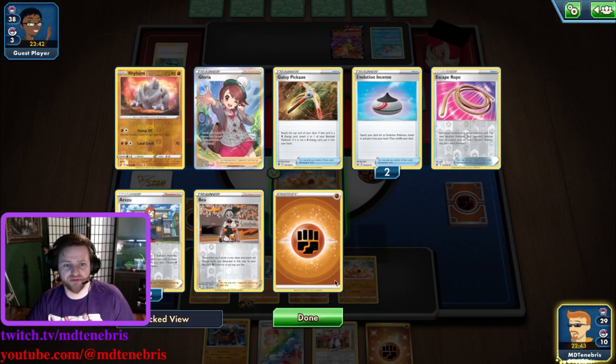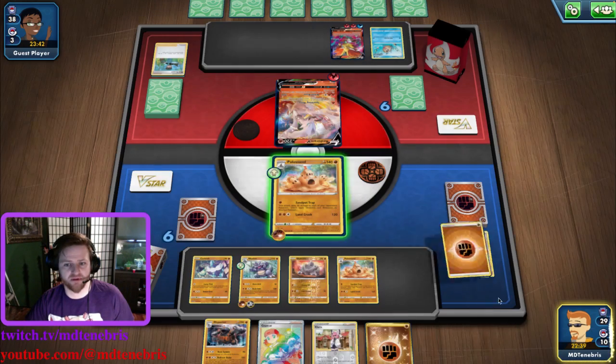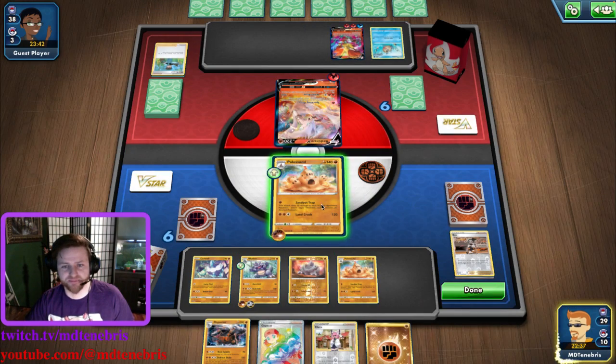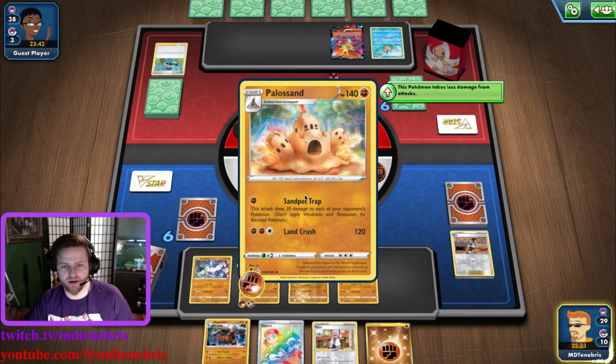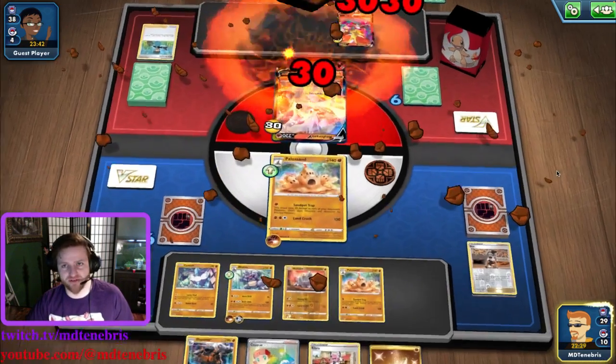What else did we get rid of? We got rid of 2 Arezu and an Escape Rope. Okay, so that's not great. We do have a Rhydon, Rhyhorn in there. We could grab it. We're going to go for the Sandpot trap and set up our deck, right? So now,